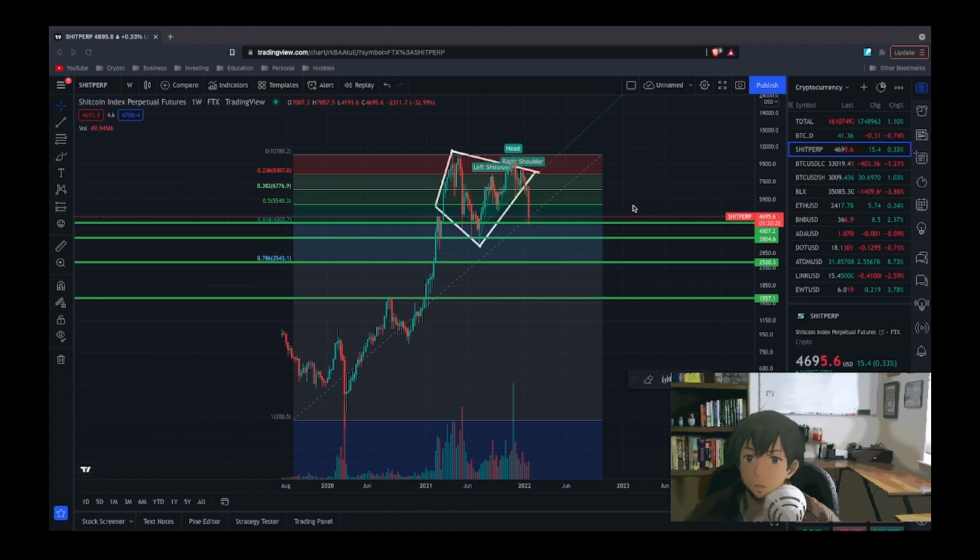So as you can see, coming out of this pattern, we came back down and we tested this line, which does have quite a bit of price action, and you can see it is also our 0.618 Fibonacci level. So that's typically what you'd expect from a retracement in a pullback, but I don't necessarily think this is just a normal pullback in a bull market,